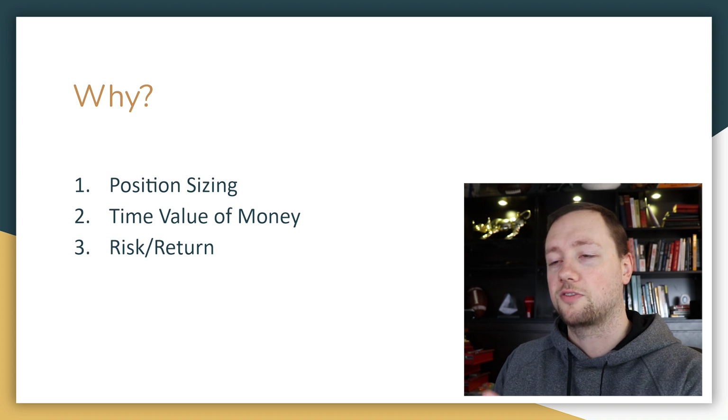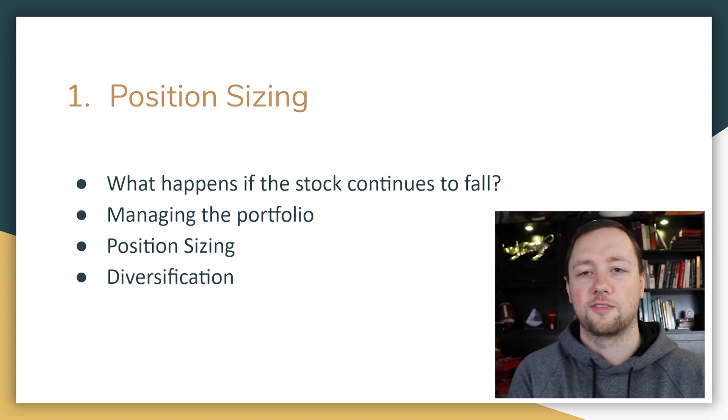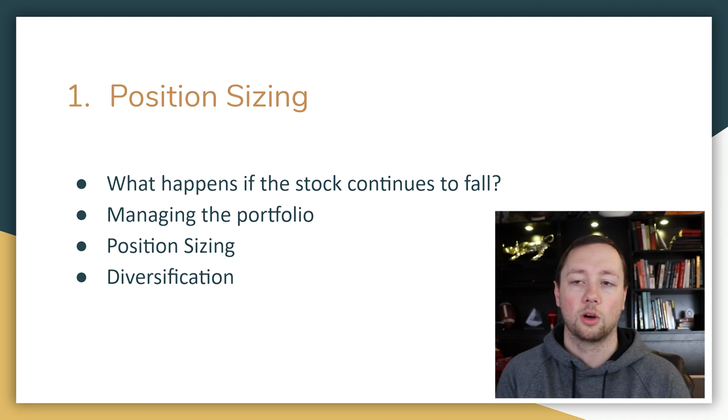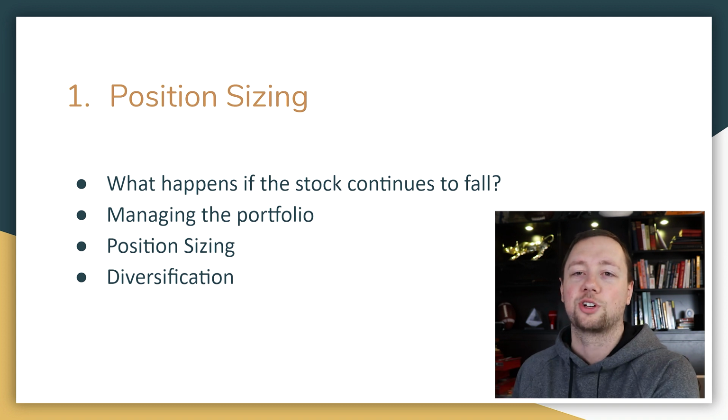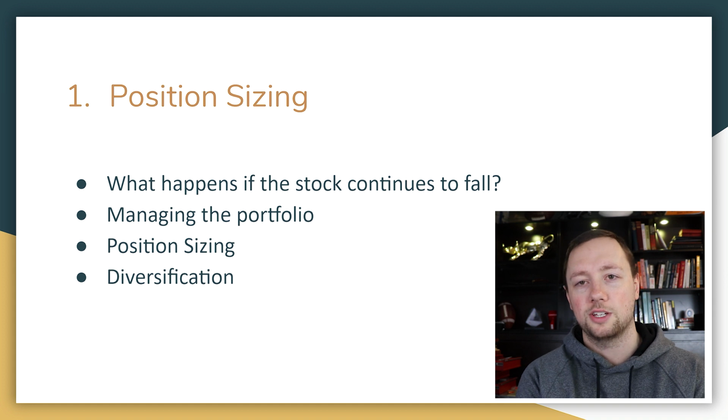And I'm going to justify all three of these to you right now. Okay, so the number one reason is position sizing. If you get 2 or 3 investments into a company and it continues to fall, how do you manage the rest of your portfolio? Position sizing and diversification becomes very challenging because if you continue to increase your position size